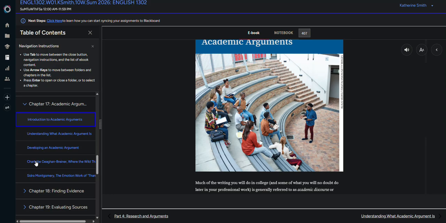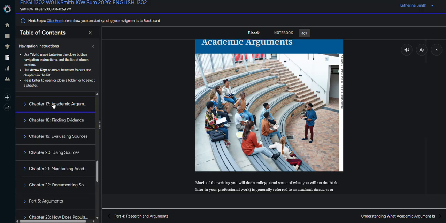You're welcome to read through them. I think it's a good idea too, so you can get an idea. They're not exactly what we're going to be doing. I think one is a student essay, and one is an essay written by somebody who was actually paid to do it. So be sure to read through those so you can get an idea of what an academic